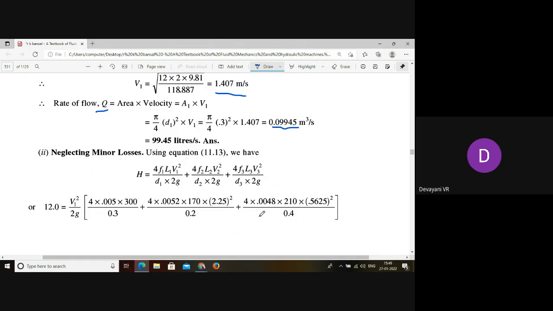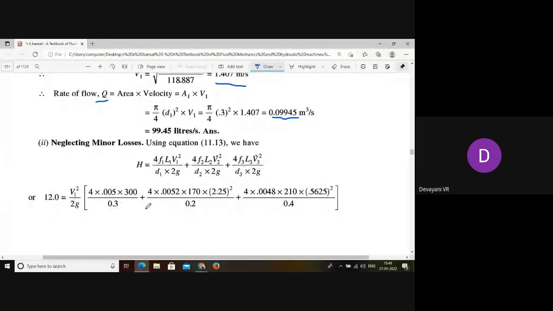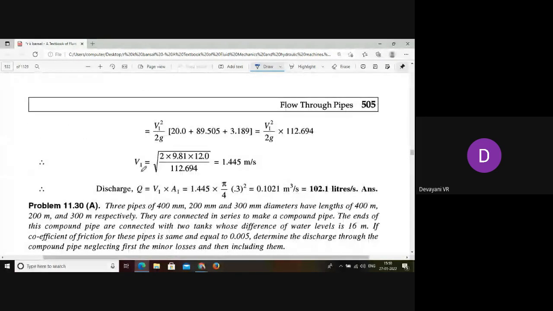also we can take V2 in terms of V1 and V3 in terms of V1. Why? Because we don't know the value for V2 and V3. So let's take the value for V2 in terms of V1 and V3 in terms of V1 and substitute those values, and simplifying this again we can get the V1 value as 1.445 meters per second, and by neglecting the